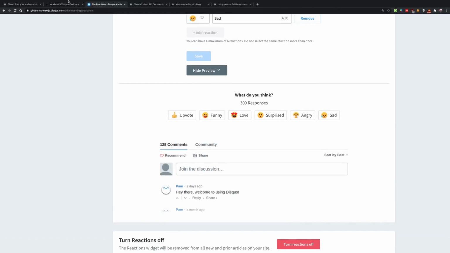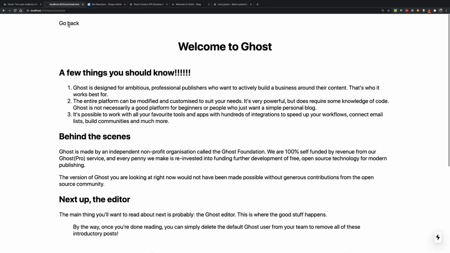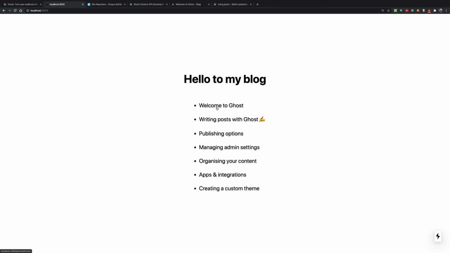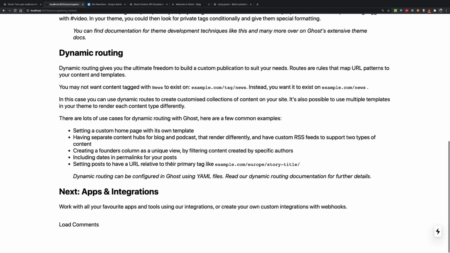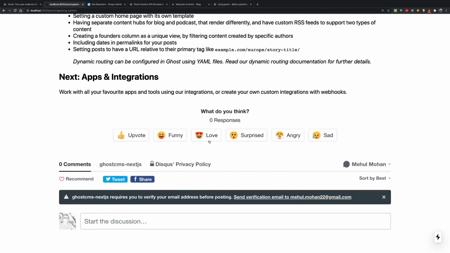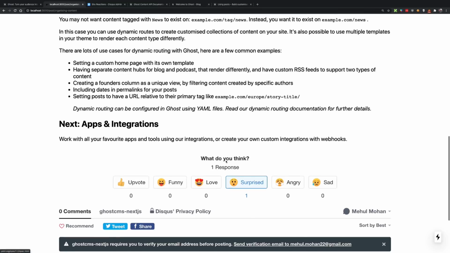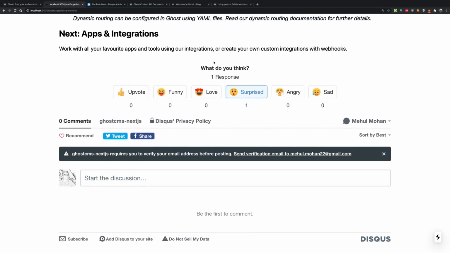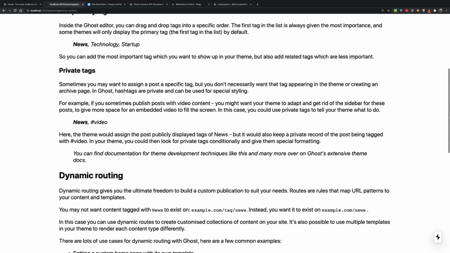I'm not really sure. You don't really have to do a lot of things. Once that is enabled, it works automatically. But yeah, if you load the comments, go down, yeah, there you see. So now people can actually leave reactions, and it's a pretty decent thing, right? Which ships with Discuss out of the box. I actually like it. So anyway, you have added Discuss, that is the commenting, on your website with Next.js